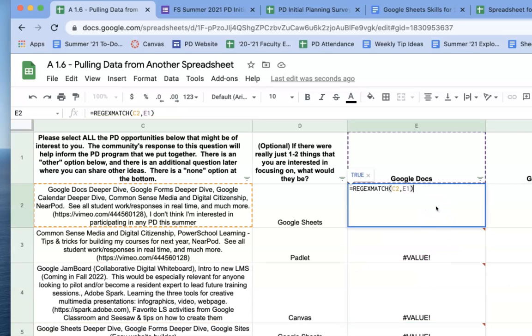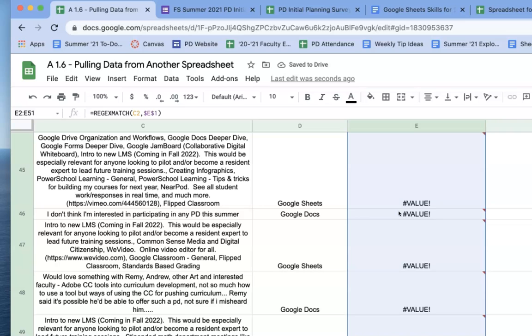So what we actually want to do in this original formula is lock Google Docs into the formula, so that when we copy and paste, Google Docs will remain static, but this area in which we look is dynamic and will update accordingly. So how can we lock something in when we have a formula? I'm going to put a $ in front of E and a $ in front of 1. This means lock the column on column E, lock the row on row 1. Great. And now when I copy and paste this formula all through,